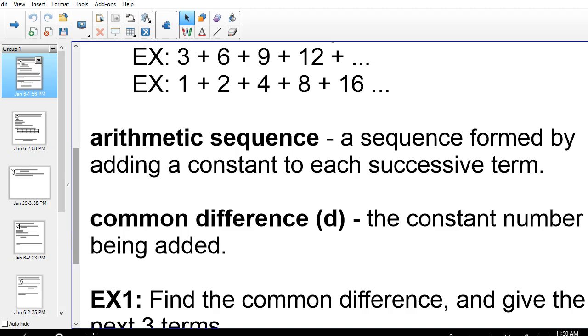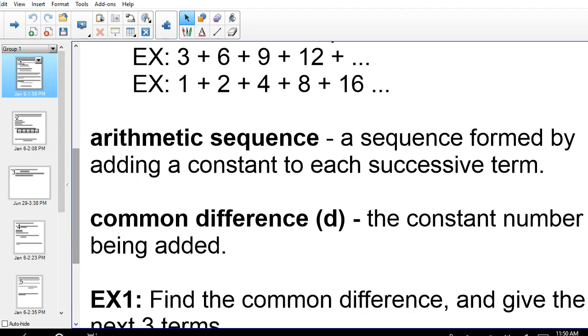So the first we're going to talk about is arithmetic, but usually I hear it called arithmetic whenever someone is talking about a sequence. So an arithmetic sequence is a sequence formed by adding a constant to each successive term. That just means a pattern where you're adding or subtracting the same number over and over again. That number that you're adding or subtracting is your constant,